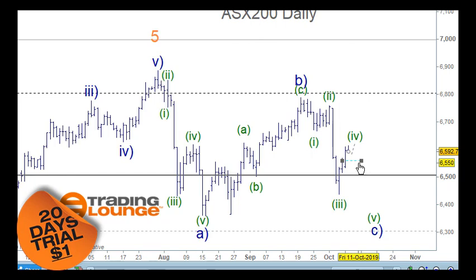I have seen wave 4s move up to 50% before, so it's still possible that this is a corrective move up into this space here, but we would also need to start looking at it in other ways, which we did yesterday as well. So let's just go through those